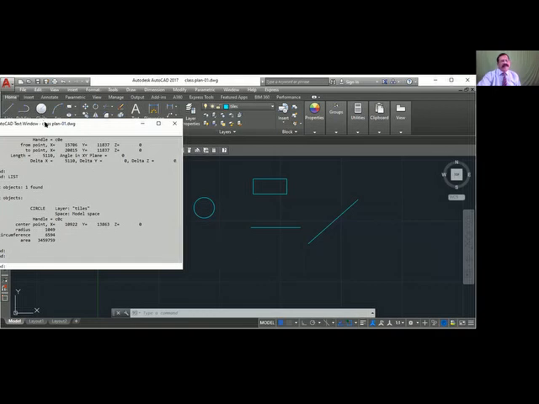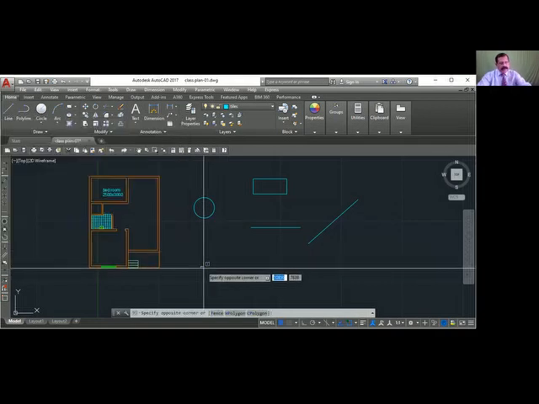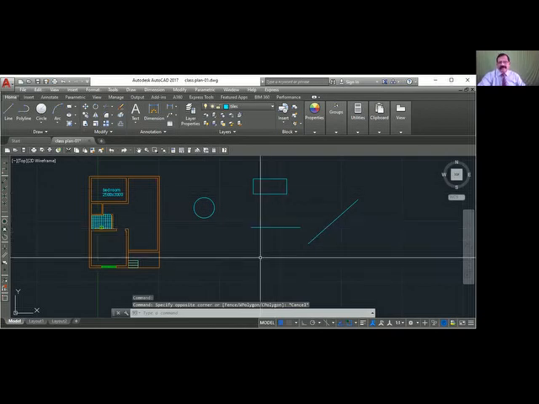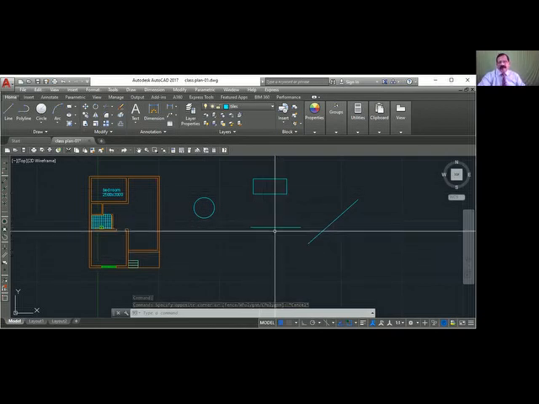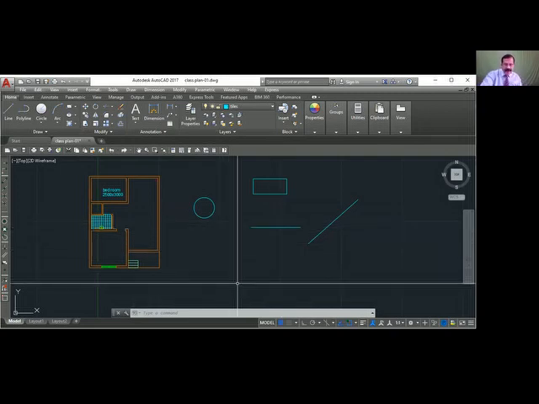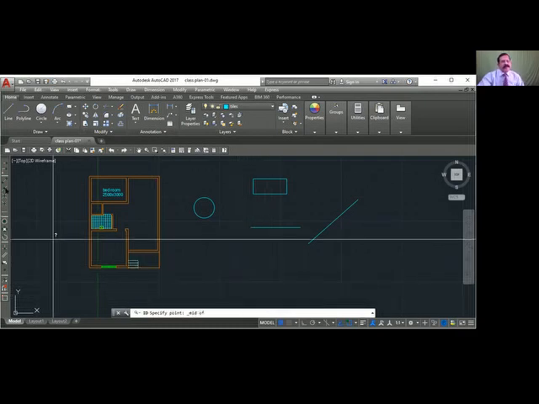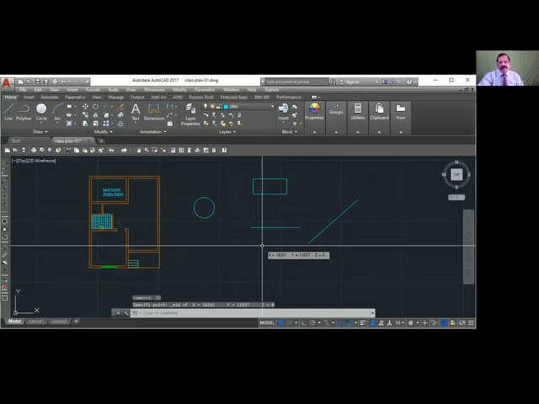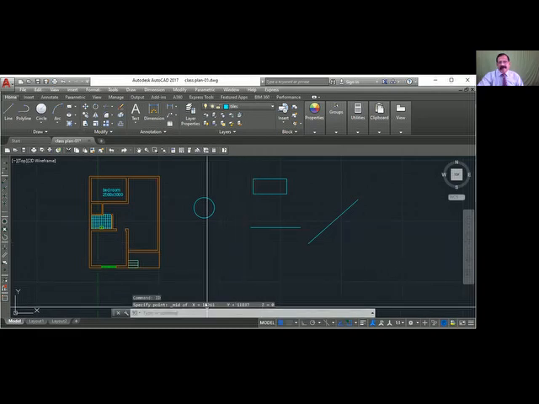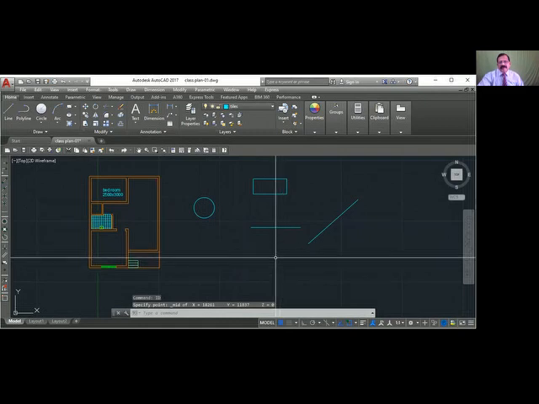Okay, but I want to find the mid of this line, because the list does not give you the midpoint. I want to find the coordinate of the mid. So I will use a command called ID, identity, ID, and click. It asks where you want to find the ID, specify point. So I will say mid, click. So this is the XY coordinate. To find the coordinate of any other point, you can use the ID command, ID, to find the identity or the coordinate of a point.